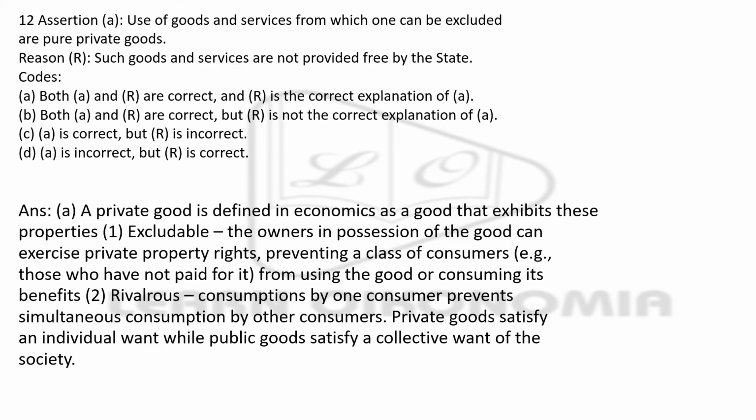That is, some kind of competition is happening. If one consumer is getting the good, that prevents another person from consuming the good. So the excludability property means you can be excluded if you are not paying for the good, and rivalry means some kind of competition is happening. If you are getting that good, then the other person is not getting it. So these are the two properties of a private good.